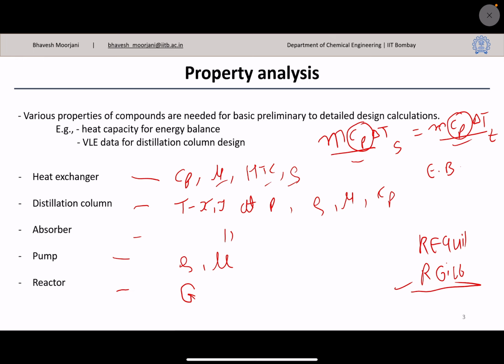If I have some data which has 10 to 20% deviation from the actual experimental value, and I design on those theoretical values itself, then the column might go over design or under design. If it's under design, it will perform poorly. If it's over designed, then it will be a costly thing, right? For a desired separation, we have made a much higher specification column. So such sort of things need to be considered. So that's where this property analysis comes handy.